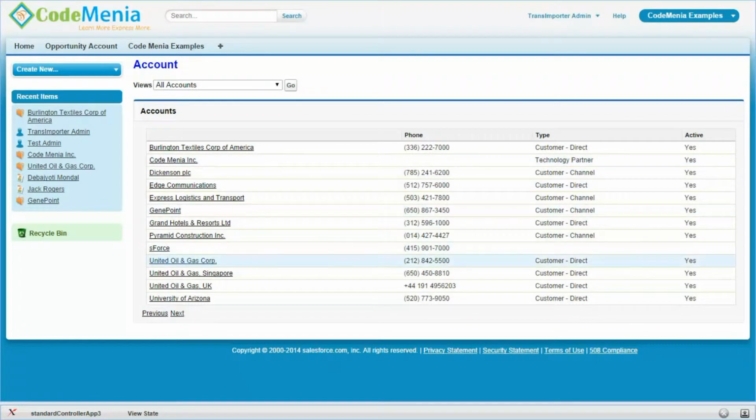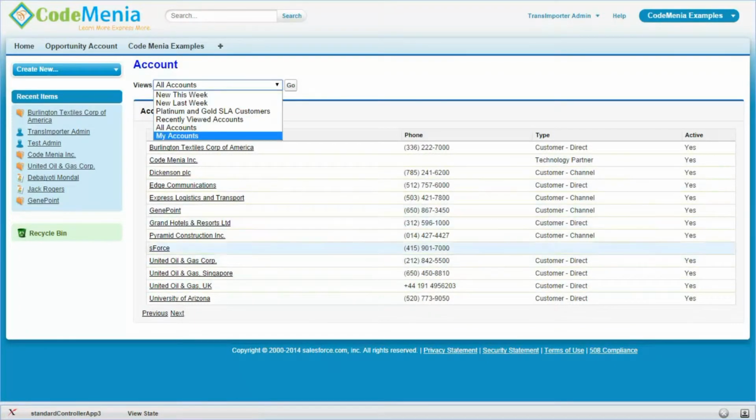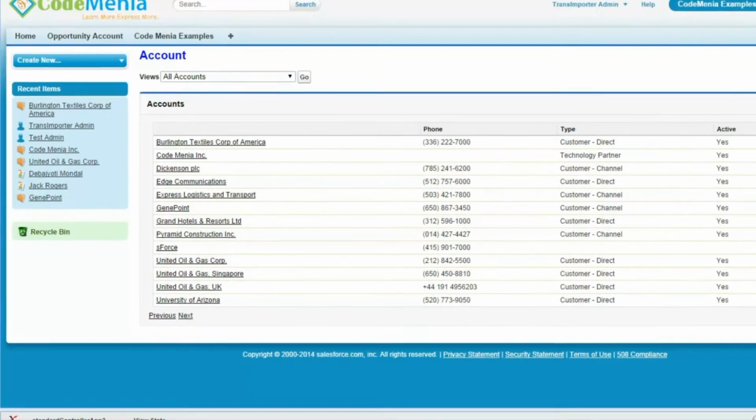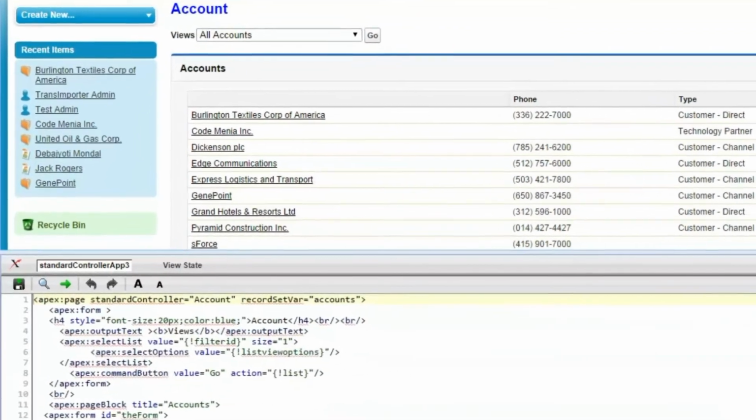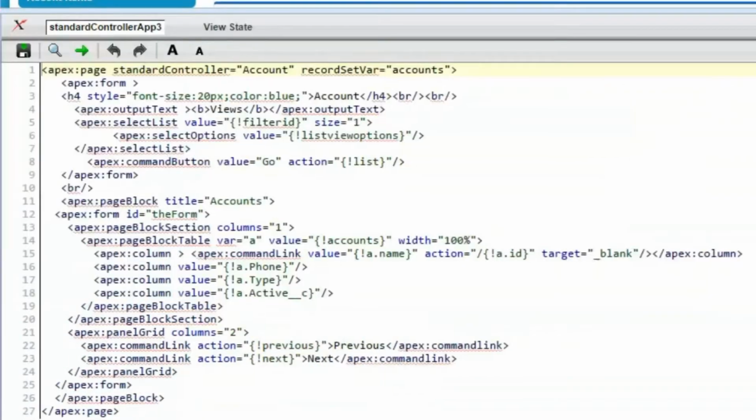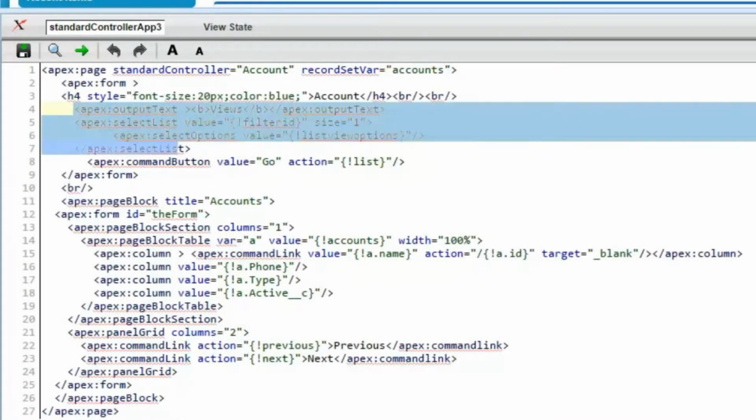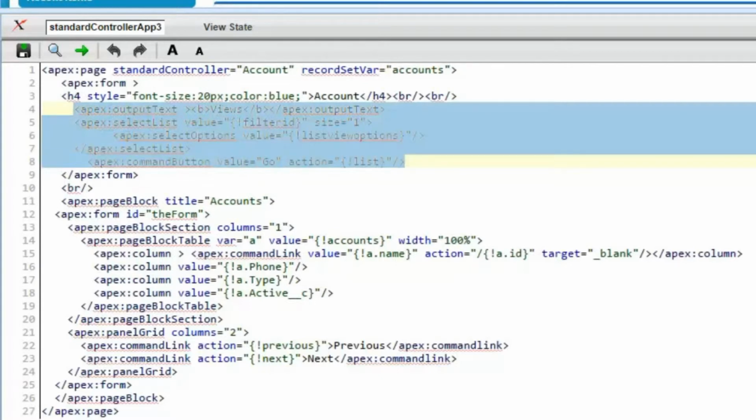Now this example will display the tab page which has been designed to access the record and place the standard view options here. Now record set var having account, all the records of account here, so it will display the details, and also we are going to place the standard views into the Visualforce page.